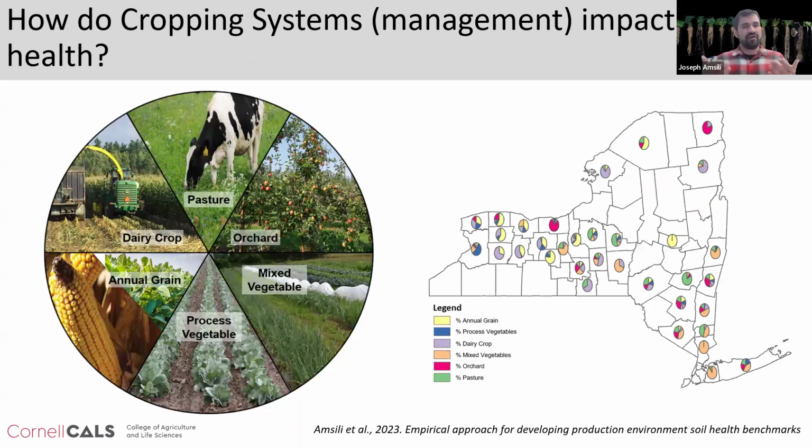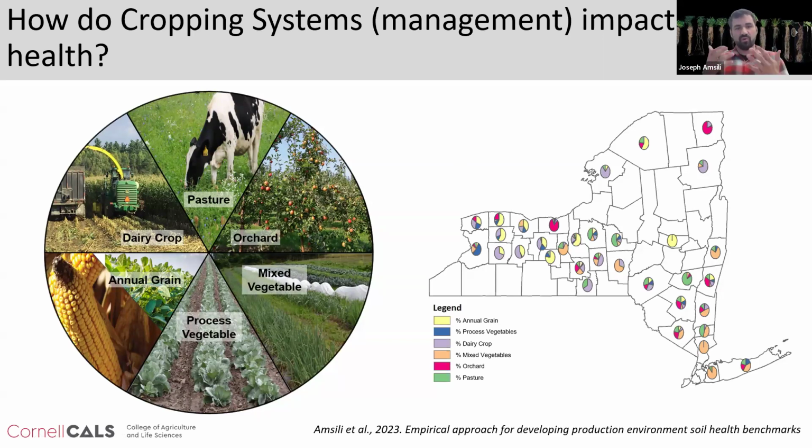So early on, about 5 or 6 years ago now, when I joined this position, we started to really use the database to ask this more novel question. How do cropping systems and our management, since New York has a great diversity of cropping systems across the landscape, impact soil health? And we looked at 6 different cropping systems. We most recently added orchards, but we had annual grain systems, rotations with corn, soybeans, and wheat, dairy cropping rotations with corn silage and alfalfa,